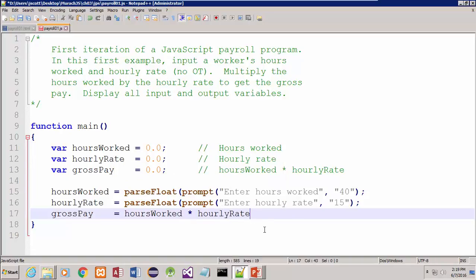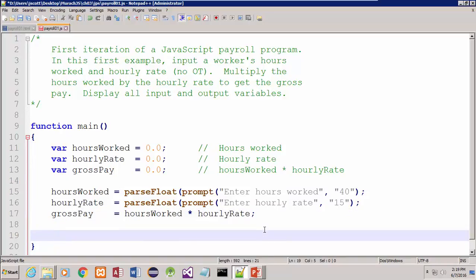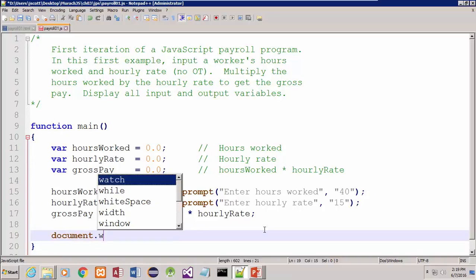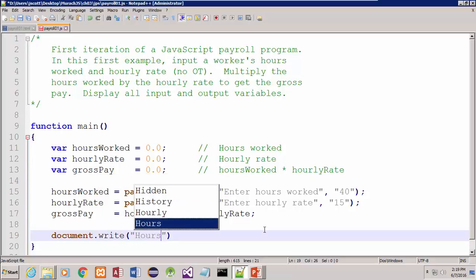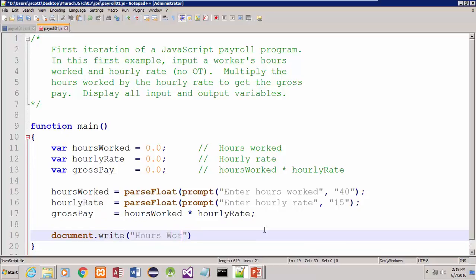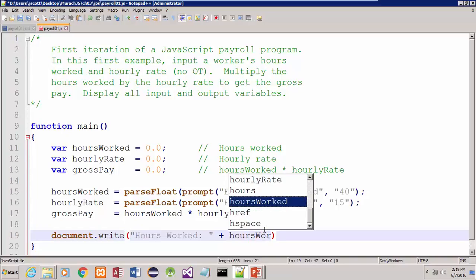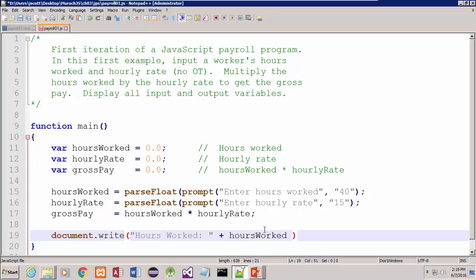And what we said in here was we wanted to document.write, and you might say there's things missing. That's what we're going to be adding in the chapter here. All right, hours worked plus hours worked plus \n, so then we're going to have a new line here,